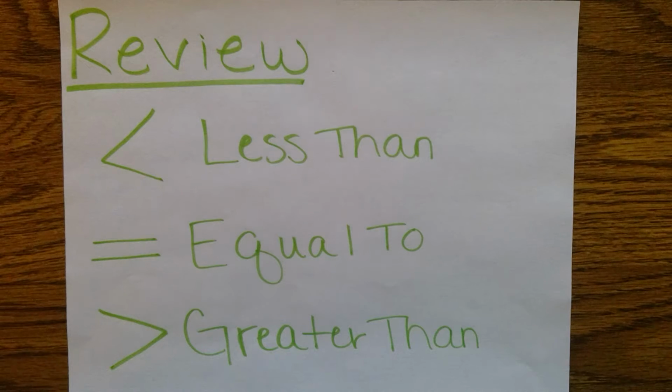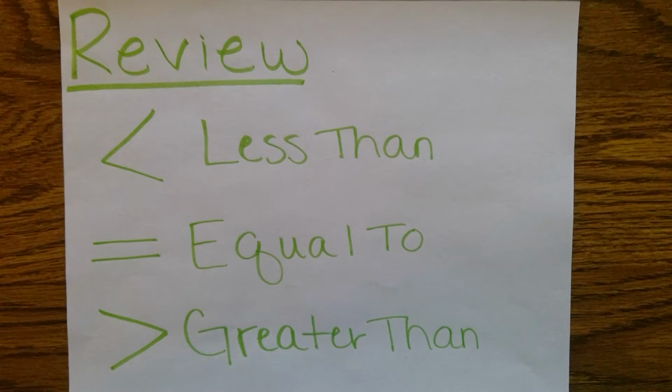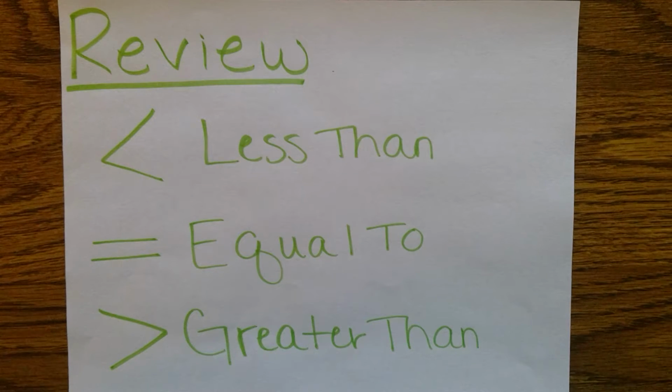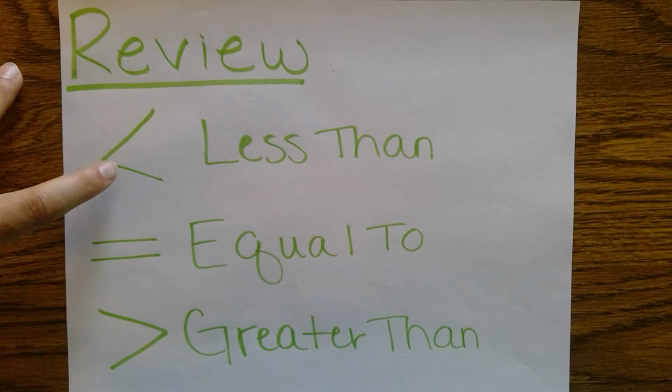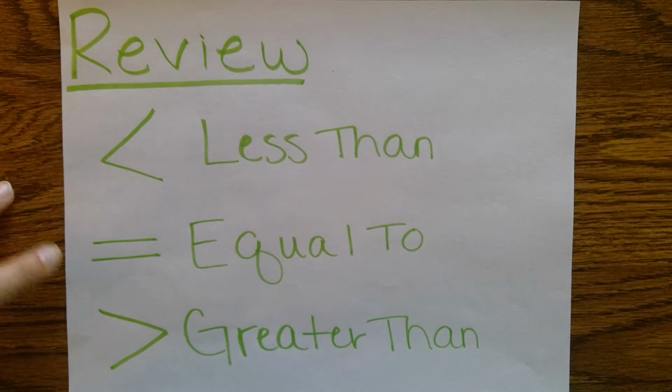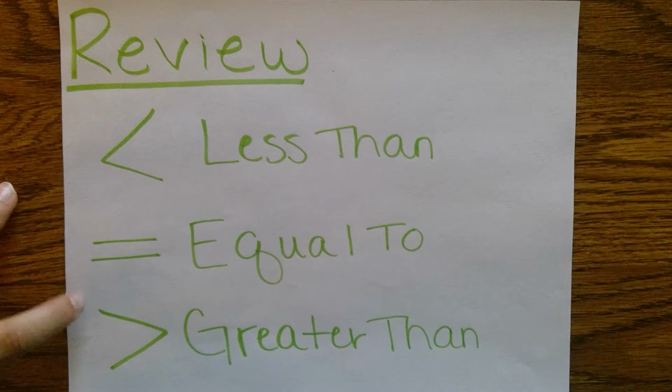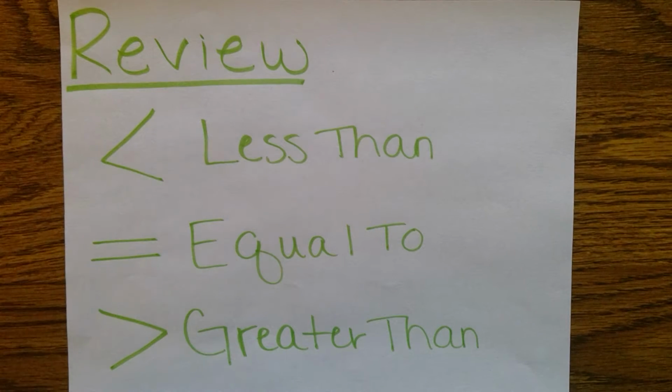are the comparison symbols. Now we've used these when comparing fractions and when comparing numbers. So we're just going to review them really quickly. The arrow pointing this way means less than. We have equal to with the equal sign, and then greater than, which I like to remember that symbol as it kind of looks like Pac-Man. And Pac-Man is always going to eat the bigger number. So that's an easy way to remember that, but we are going to use these symbols to help us compare